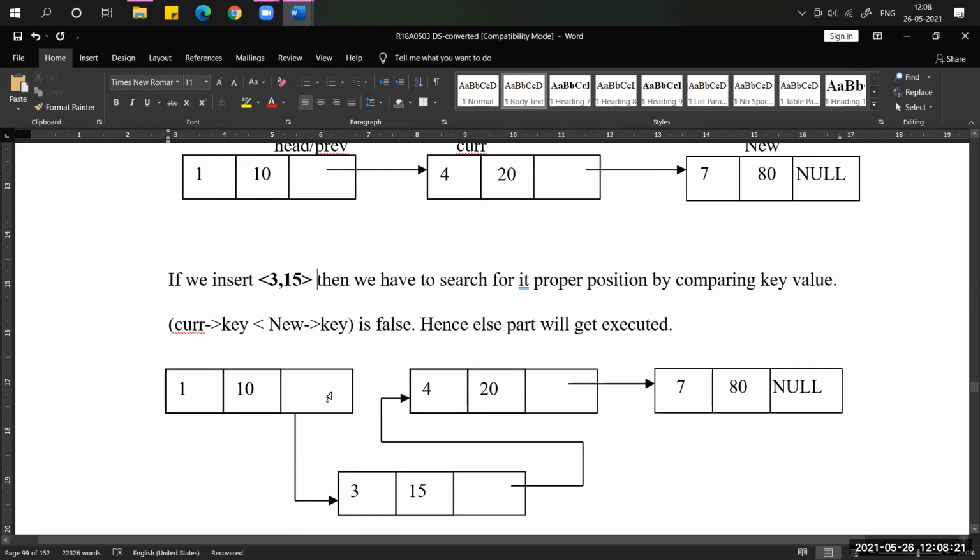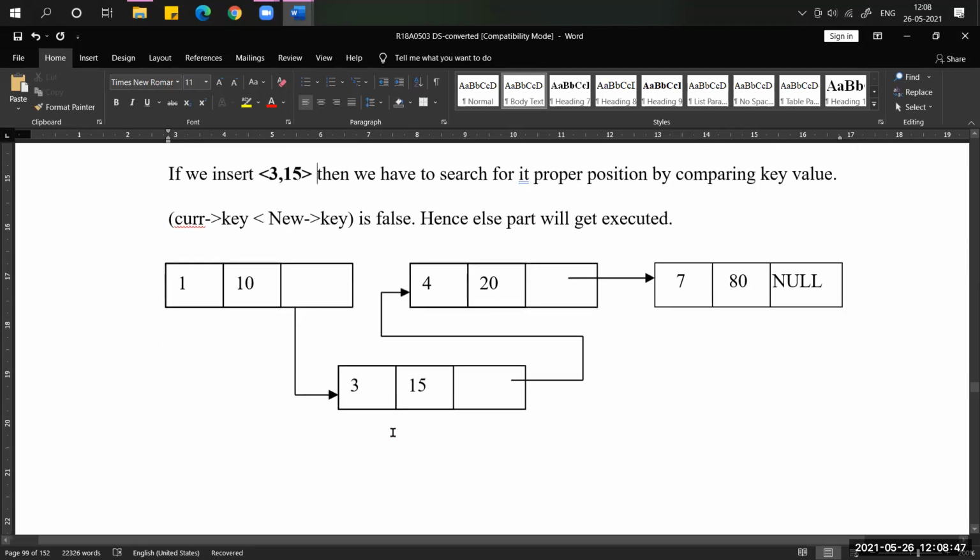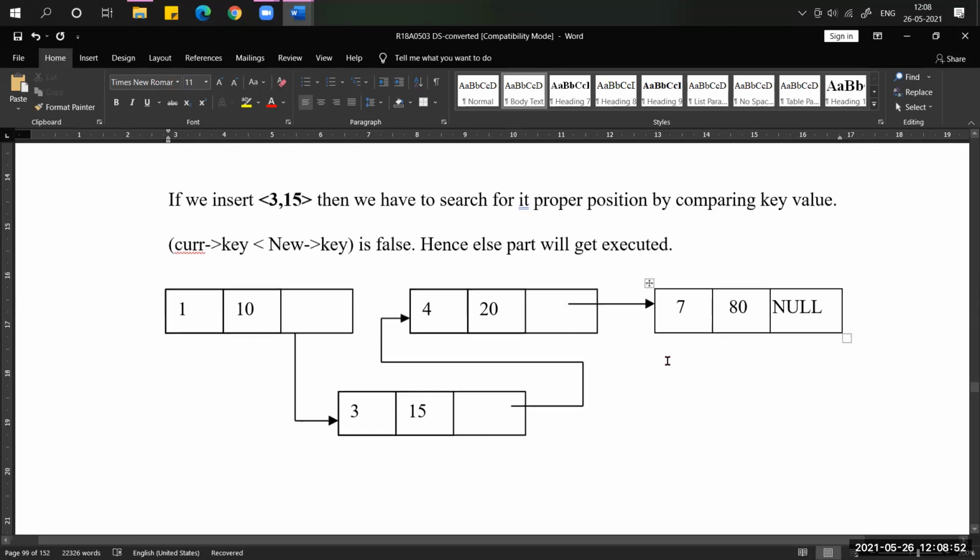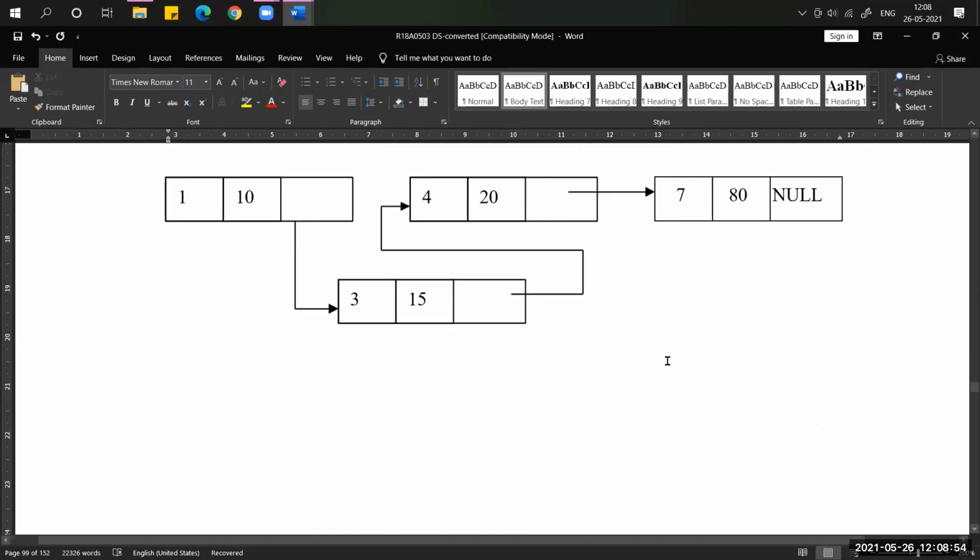Whenever we find that, take that link field, the next field. Then that is where you insert. After 1 only, the 3 will be inserted. That address should be placed in the new node link field. Like this, we insert our nodes based on the key values only. So this is the basic function of insertion.